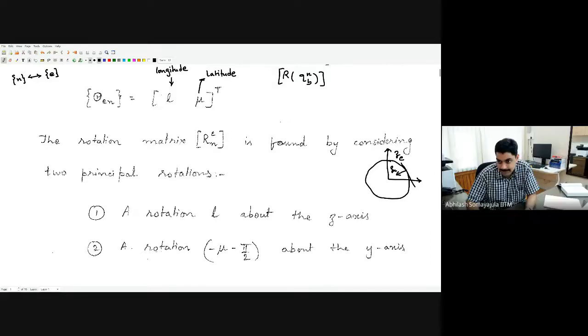Yes, sir. That is how we defined an NED frame, right? North, east, and down. Down means it is normal to this tangent plane of the Earth. And then X is pointed in the north direction, and then Y is accordingly decided based on the right hand rule. So in order to move from the XE YE ZE frame